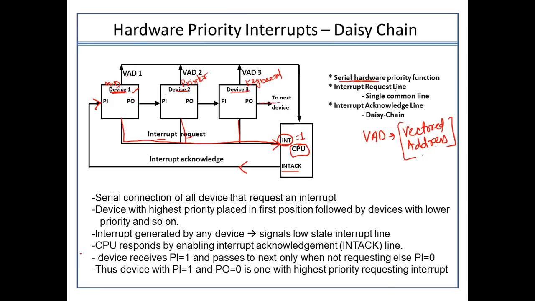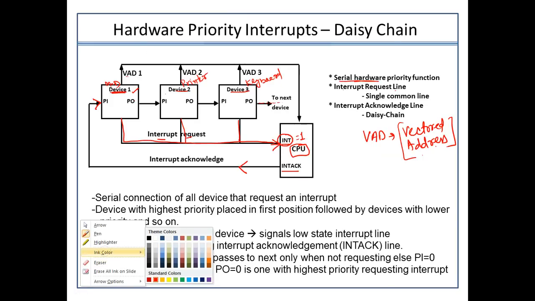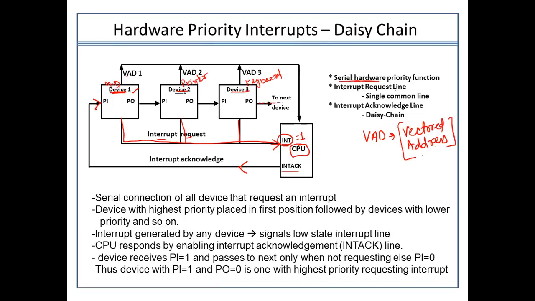As soon as, let's suppose, this device 2 has sent the request to the CPU, what will happen? My system would not be able to determine which particular device, but this interrupt request value should go from 1 to 0. Once INT, the interrupt request, was 1, it means it was open to handle the interrupts. Right? Now, as soon as it is equal to 0, it means that the interrupt has arrived.